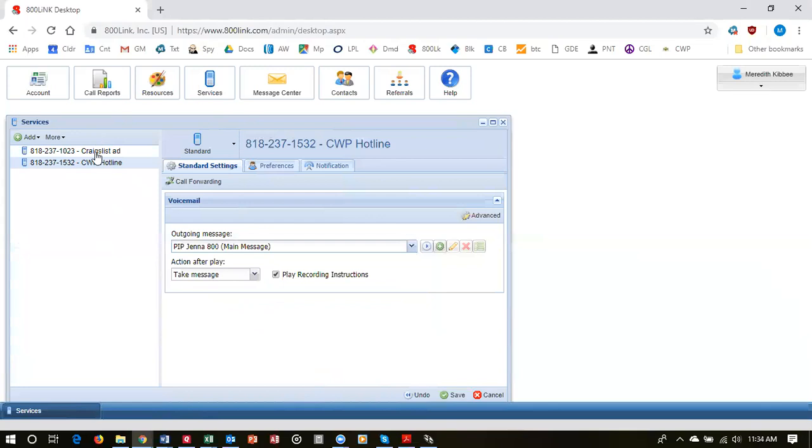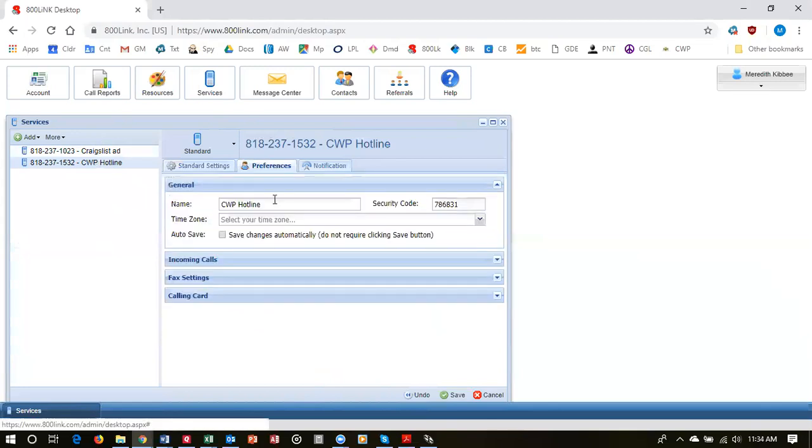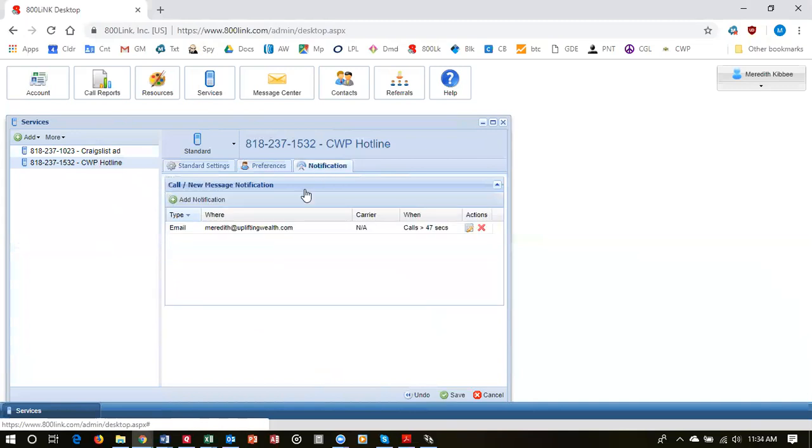And then you can write here under preference, you can say what it is. So CTS hotline is a good way to describe it. That's what it is, the main message. And then notification. Now here's where you're going to say if you want to be notified by email and or text,